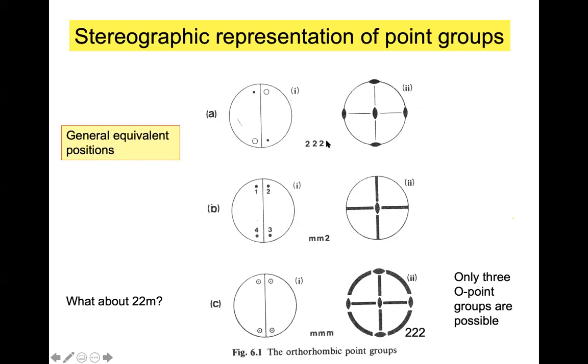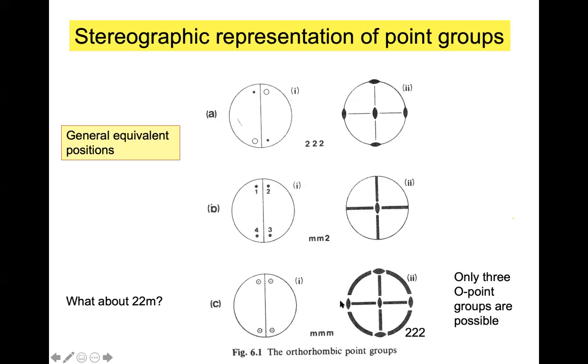So you have the 2-2-2 point group in orthorhombic, MM2 in orthorhombic, and one more is MMM. All are mirror planes. What are the mirror planes? I can have one mirror plane like this, another mirror plane like this, and another mirror plane in the plane of the circle. You can do any first. For example, you take a position here and do the perpendicular. So this will come here. So the point is above and the circle is below. You take a point above, you put this mirror plane, it comes here above, both are above.